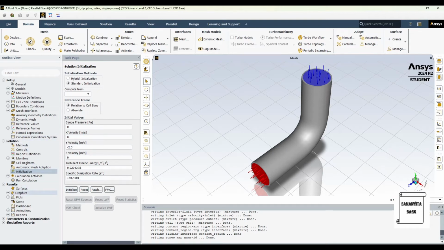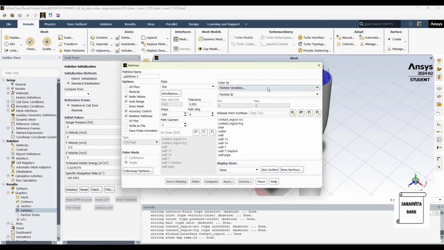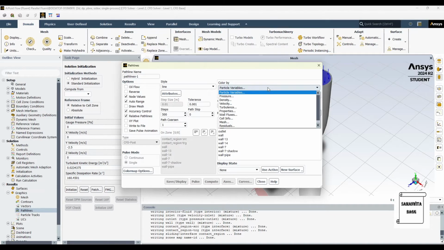Once this is done, I'll go to graphics, path lines. Now there are various options available. I'll show you the options as we go ahead with many more analyses. So currently I'm just showing you the analysis of the bent pipe. So the process is still the same as compared to the previous two.